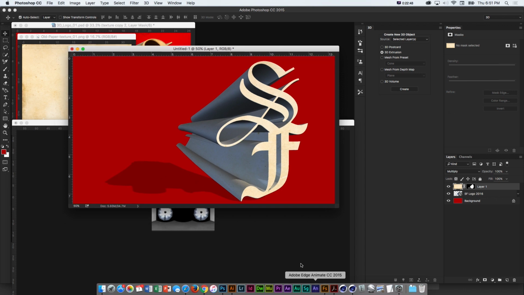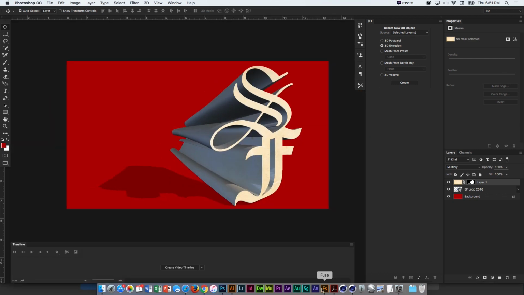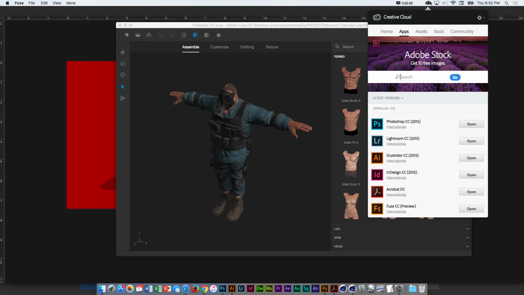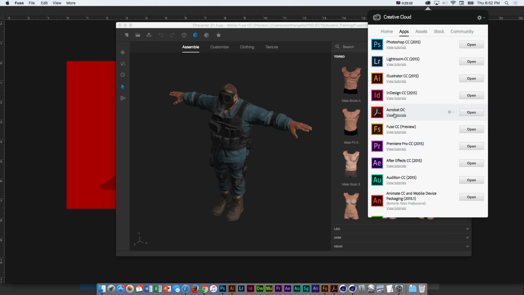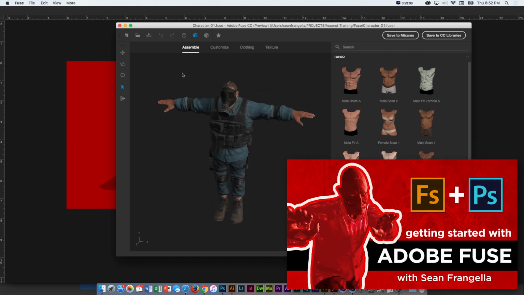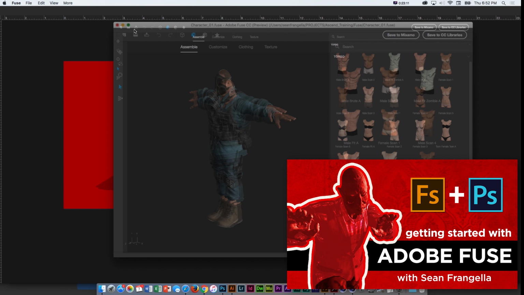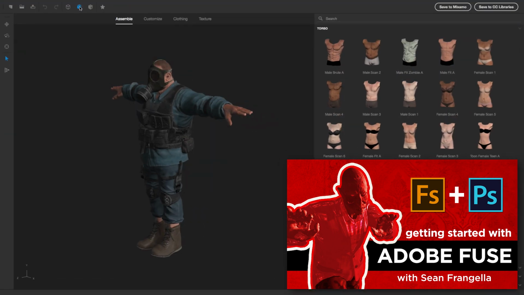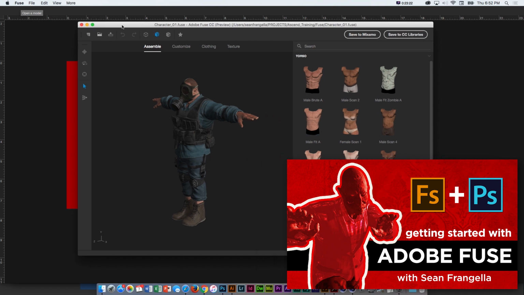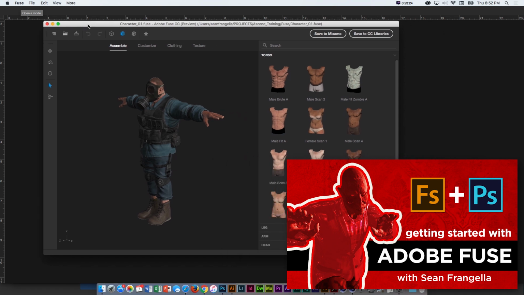The other thing I wanted to get into is how this other fun little app works. If you haven't downloaded this, definitely download it and check it out. It's still in a beta preview version, but you can do a lot with it. It's Adobe Fuse. If you search for it right now, it still autocorrects to Muse, but it's Fuse with an F. If anyone plays video games and is used to these avatar character creators where you can customize the face, or even with Xbox, I know you can use the camera to take images of your own face and put it on characters.